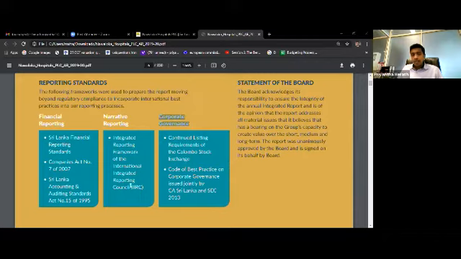And the second thing is some of the disclosure requirements, which we are going to discuss in detail a little later. And the timing and amount of transactions are decided by the Companies Act. Some of the transactions,